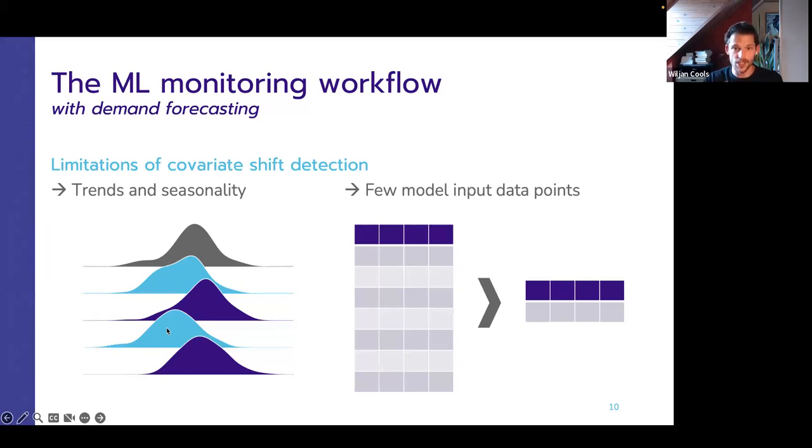So for that reason, it's way, way, way more efficient to use a performance estimation algorithm where you focus on one metric that you communicate, that you track, and that you optimize for. And that's really the power that we see with performance estimation. And that's also kind of our opinion as the NannyML people on how to do monitoring of demand forecasting models in